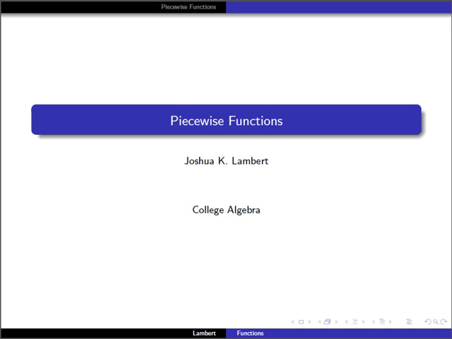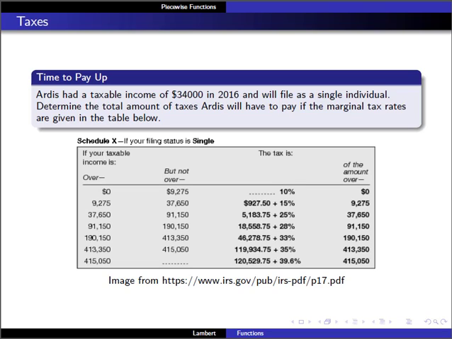After learning about functions, we want to look at a specific type of function that gives a lot of people trouble, and it's piecewise functions. We're going to see that these show up every April or so, and how we can actually use these to our advantage. So I'm going to go through a scenario to start, a real world example, and let's look at